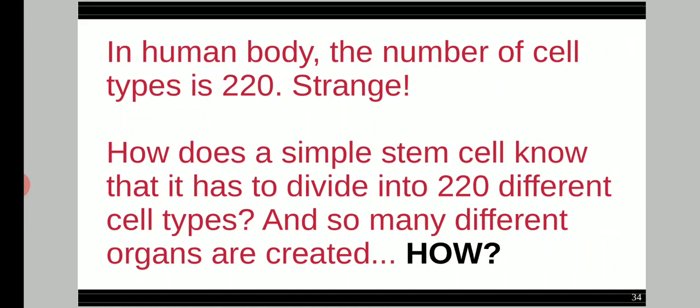এইবার বহু কিছু জানা হয়ে গেল about so many different types of organs and different cell types. What a variety. So in a human body the number of cell types is 220. 220 types of different cells are there in human body. So how is it that from one single zygote, একটাই তো ছিল কোষ, a zygote formed after the fertilization of the egg, একটাই জাইগোট থেকে 220টা রকমের সেল টাইপ জেনারেটেড হলো এবং এত রকমের অর্গান হয়ে গেল, মানে এটা মানে